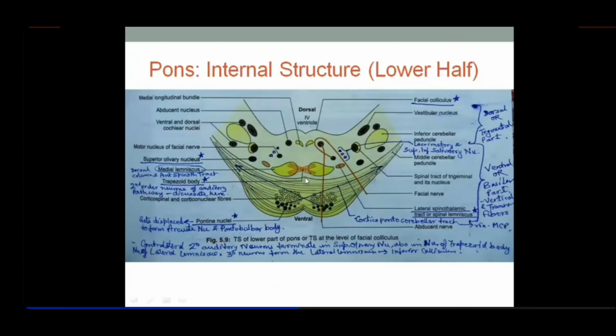Then here you have the superior olivary nucleus. I told you it's a relay station for the second order auditory neurons, the auditory pathway. And don't forget that the inferior olivary nucleus was the biggest corrugated, crumpled, purse-shaped nucleus that was placed in the medulla, and that forms the olives. That's a different thing. That was a part for the balancing.